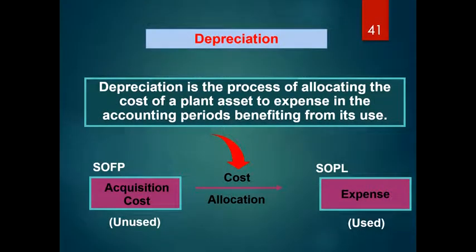So now let's go to depreciation. Depreciation is the process of allocating the cost of a plant asset to expense in the accounting period benefiting from its use. So maksudnya dalam SOFP ni kita akan record acquisition cost. Okay, whereas untuk SOPL ni kita akan record expense, allocation. Kita akan buat allocation, itu depreciation. So kita akan record dalam SOPL. Sebab tu SOPL ni yang kita dah guna tahun tu, depreciation value. Ni baki, the unused balance. Okay,